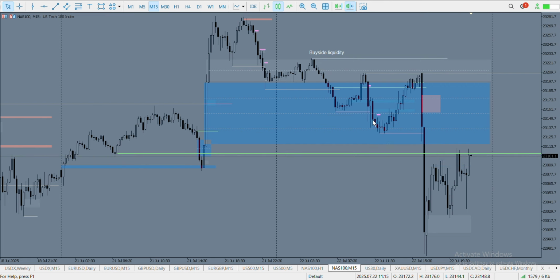From the morning session, I was looking at these relative equal lows here. I left this sell side, and then we opened up today and we had this run lower into that sell side liquidity pool that was resting below 23,170. So we ran into that sell side, and then at the same time we ran yesterday's low. So immediately my eye goes into